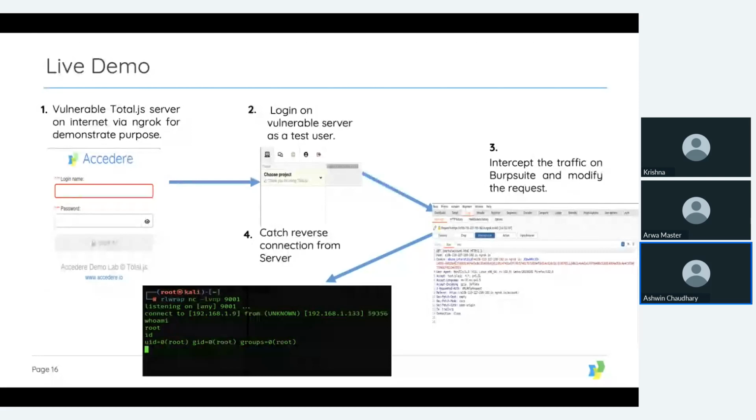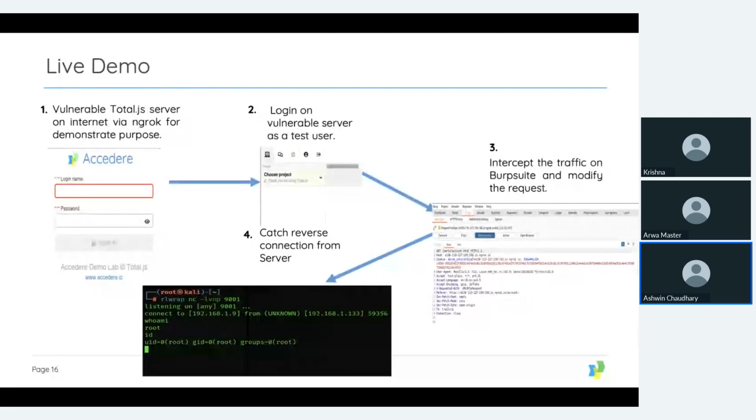If you see, we created a listener, and the listener is connected on our local machine, and we get the response from the remote server, which is a root ID, so you got root access to the server with the reverse shell. So this is what we are going to demonstrate live now,